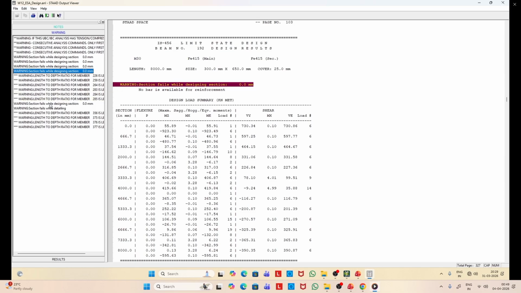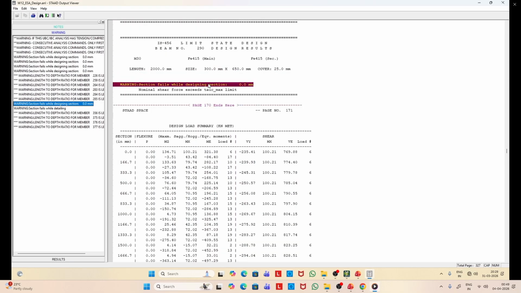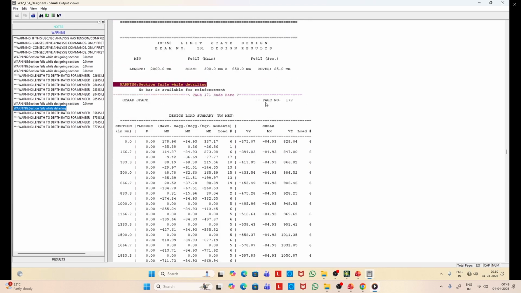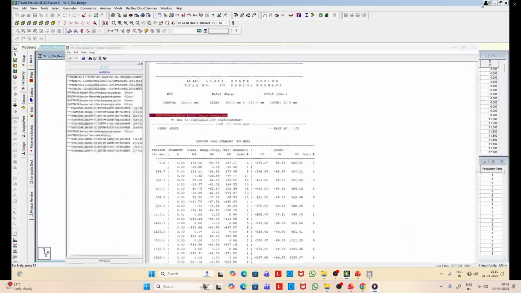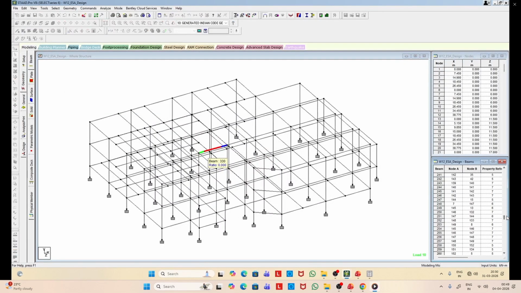Recall we have a lab for that. The spacing is very high. So another element number 290 fails. 291 also. So let us check 290 and 291.